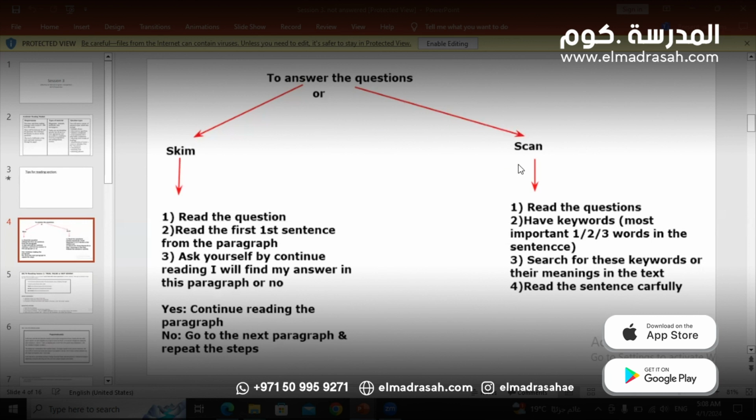But the other way of a scan, and I think this is the most preferable way in answering the reading questions, it's about reading the whole questions of the passage. Then having 2 or 3 keywords from each question, so that you can get the answer easily. Like here, for example,